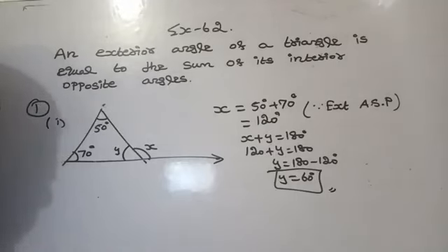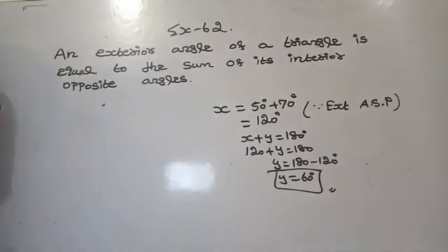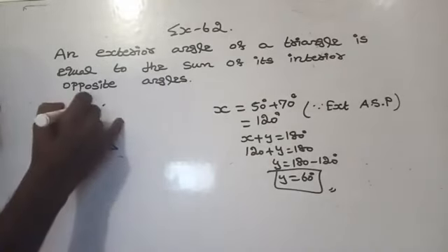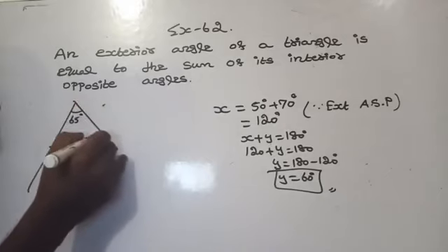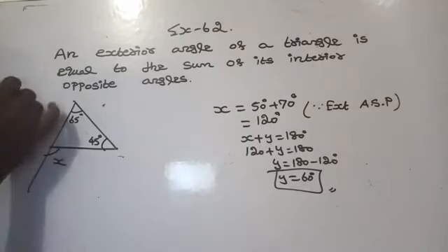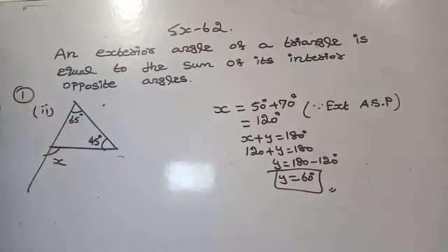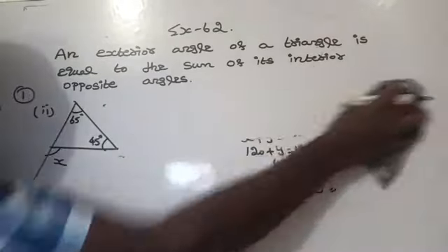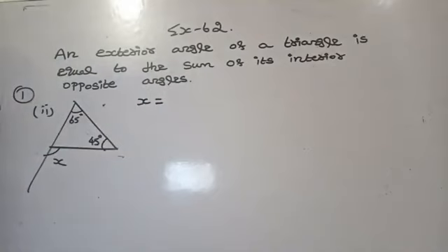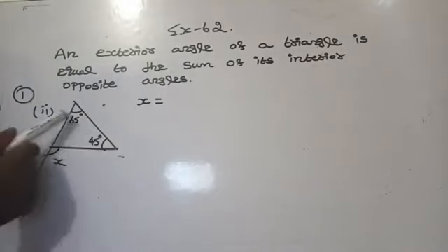Yes. What is the next question for you? The diagram is: in a triangle, this side is produced, this angle is given as 65 degrees and this is 45 degrees. The exterior angle is x. First question, second part. So we know that an exterior angle of a triangle is equal to the sum of its interior opposite angles. Here, which one is the exterior angle? x is an exterior angle, that is equal to the sum of opposite angles to the interior. What are they? 65 and 45.